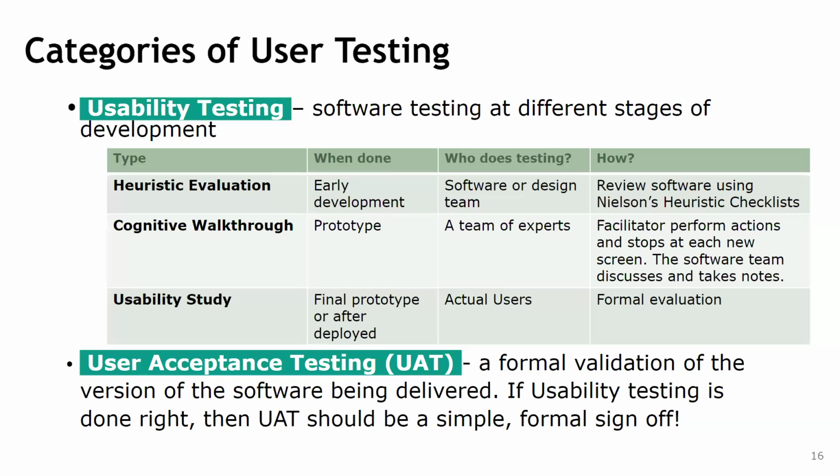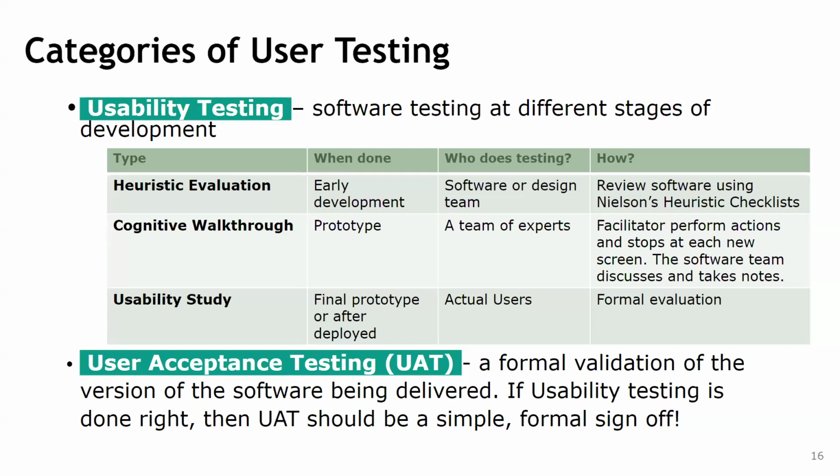Is the testing part. We will mostly focus on the user testing. So we are looking at usability testing and user acceptance testing. For usability testing, there are some different stages. The first one that we'll look at is heuristic evaluation. So with heuristic evaluation,